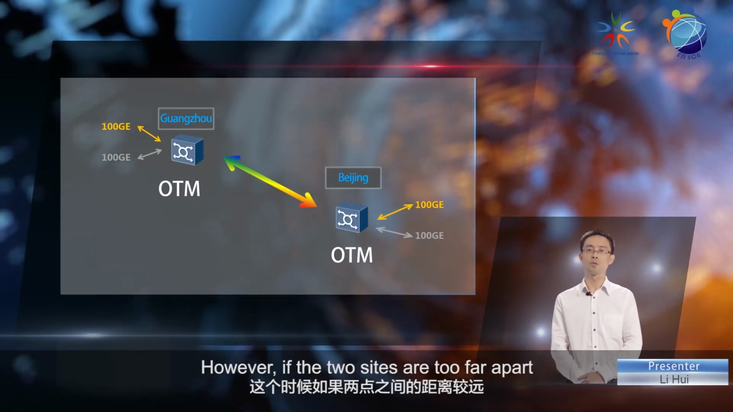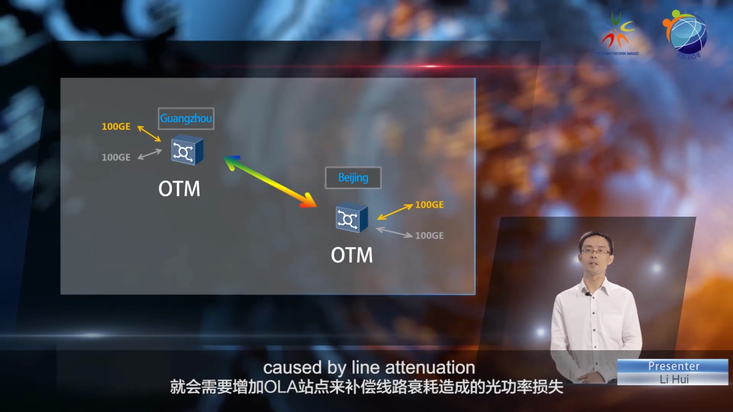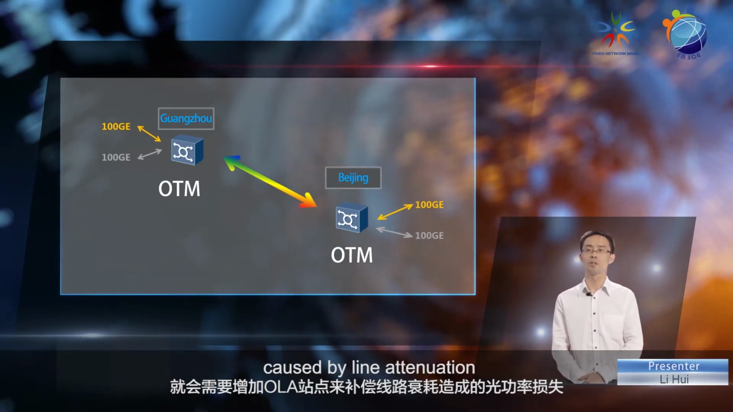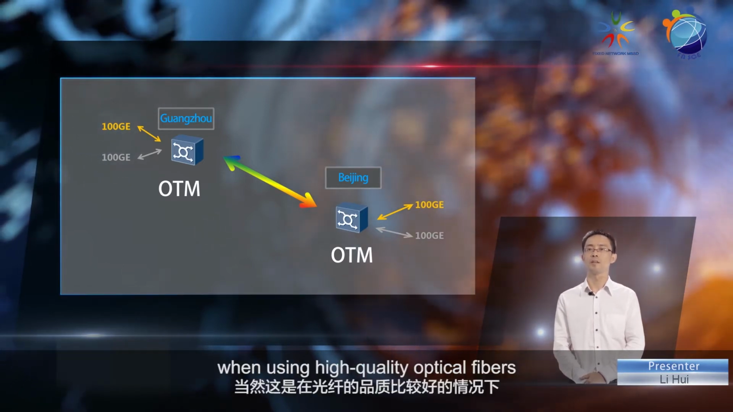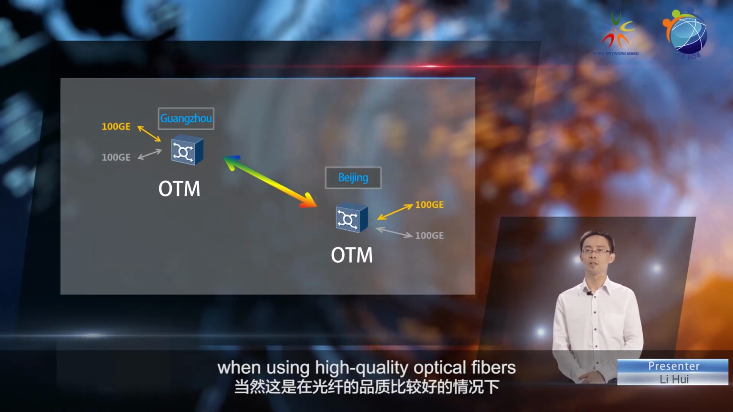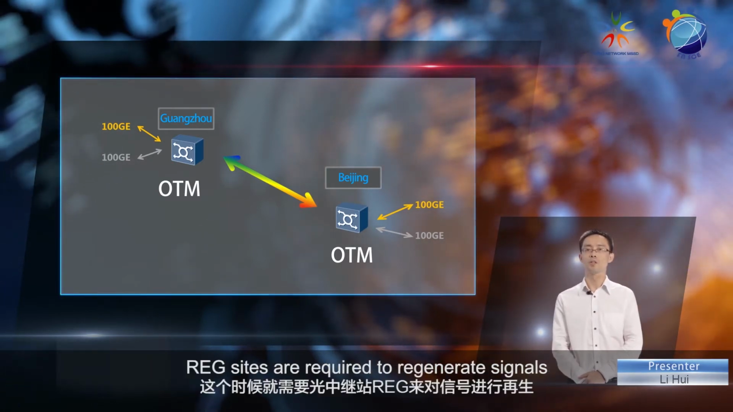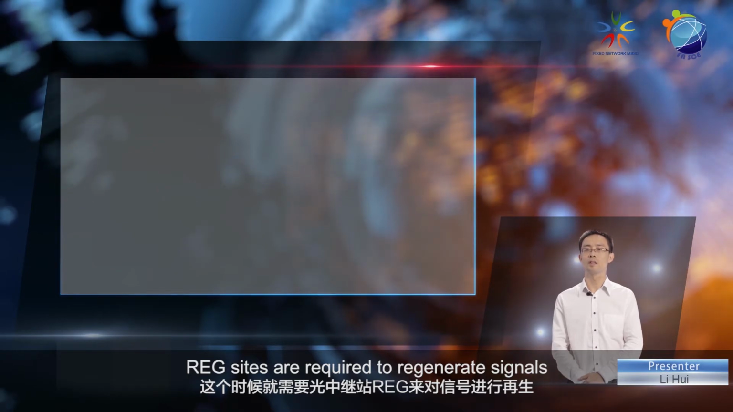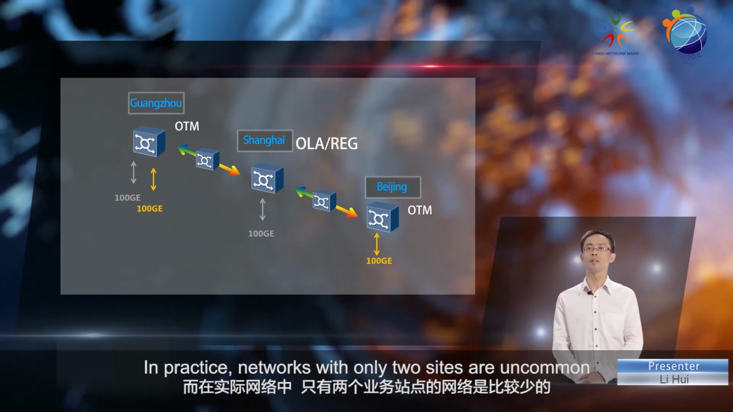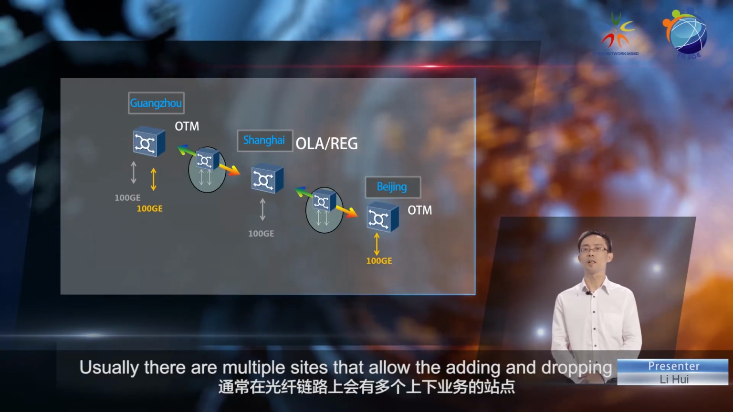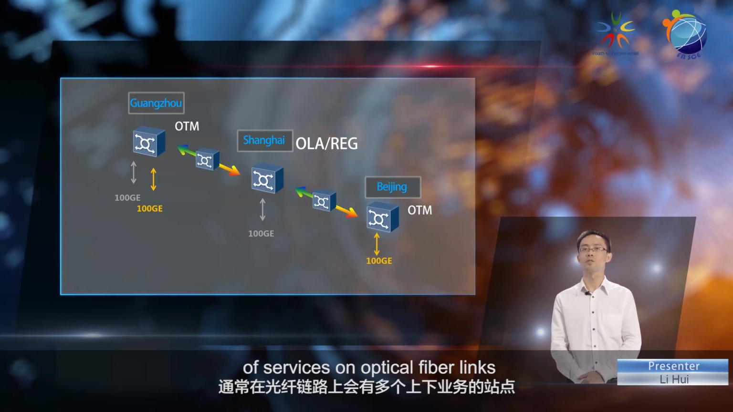However, if the two sites are too far apart, then OLA sites are required to handle the optical power losses caused by line attenuation. Generally, an OLA site is required every 80 kilometers when using high-quality optical fibers. If the OSNR is severely degraded during transmission, REG sites are required to regenerate signals. In practice, networks with only two sites are uncommon. Usually there are multiple sites that allow the adding and dropping of services on optical fiber links, which combine to